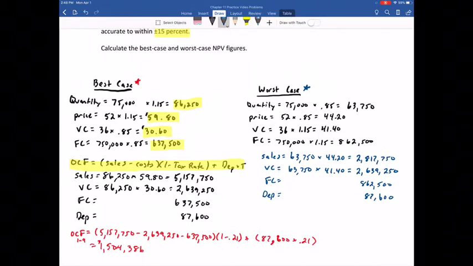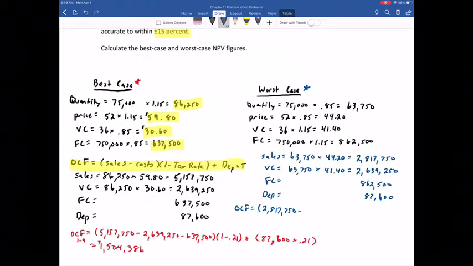So once again, I could take this one step further and calculate what the EBIT is, your earnings before interest and taxes, and then pay taxes, and then get to my net income, and that would be my pro forma income statement, and I could calculate operating cash flow using any of the 4 equations that were presented in Chapter 10. The equation that I would like to utilize once again is our tax shield approach, which says you take sales minus cost,